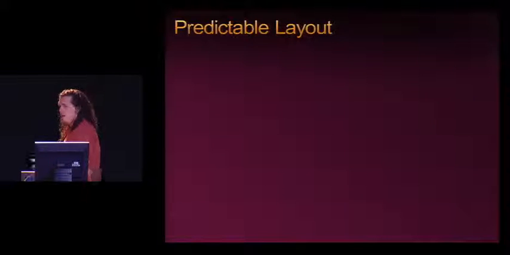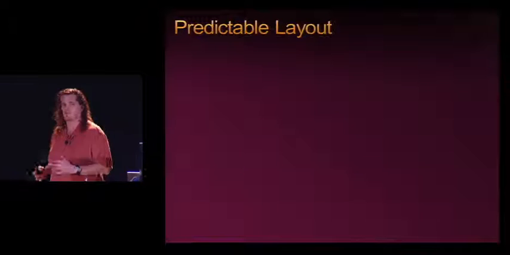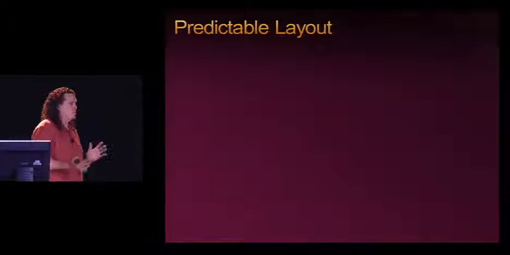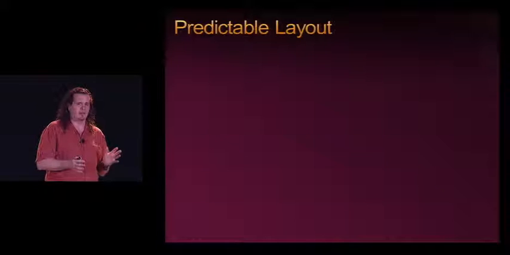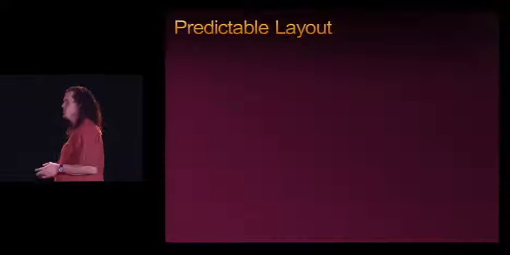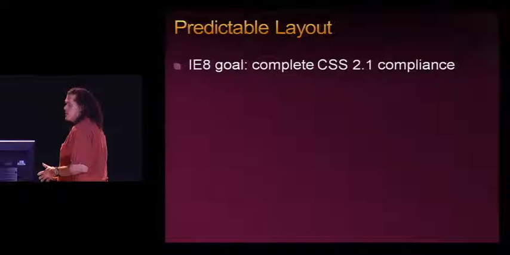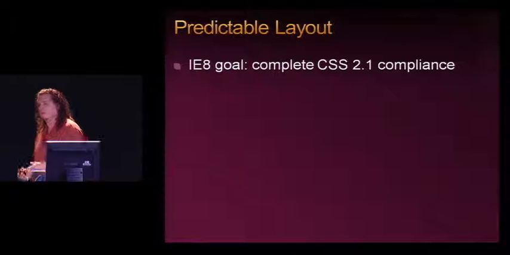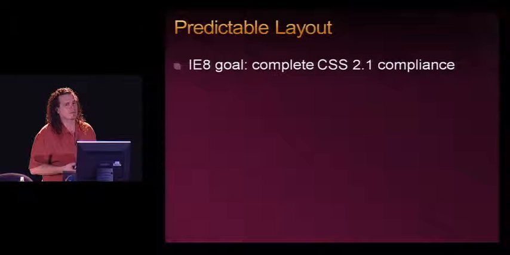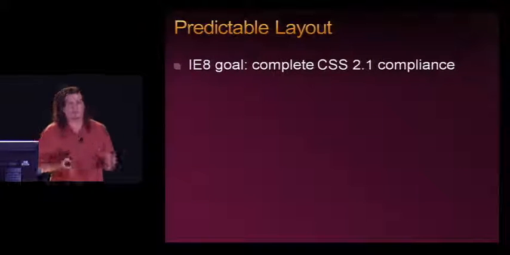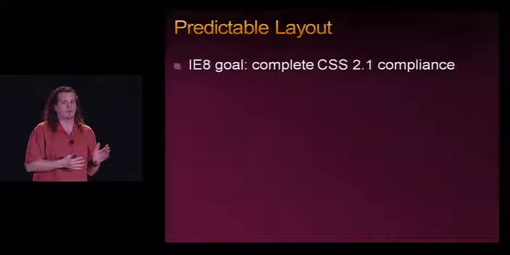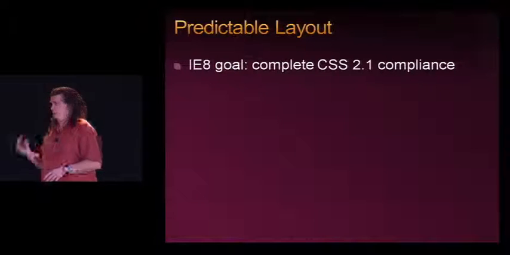But much more than HTML, we spent a tremendous amount of time working on making layout predictable. Now, I've actually been on some version of the IE layout team for a very long time by this point. I think I've been through 4 different versions of IE as part of the layout team. And when we started IE8, we had the goal of having full and complete support for CSS 2.1. This is a big goal. Like, there's a lot of stuff in there. I don't know of anyone who actually claims to do everything in CSS 2.1 completely.